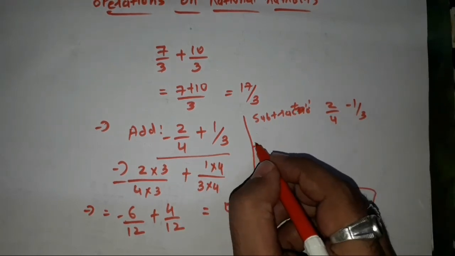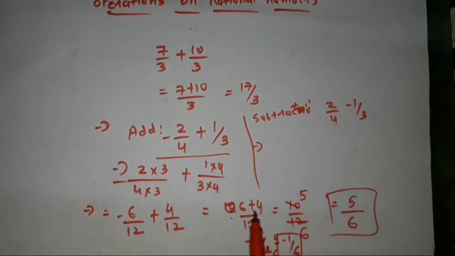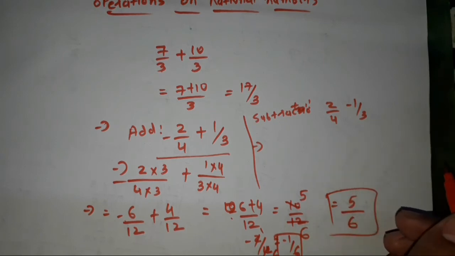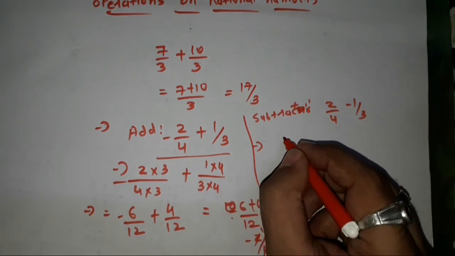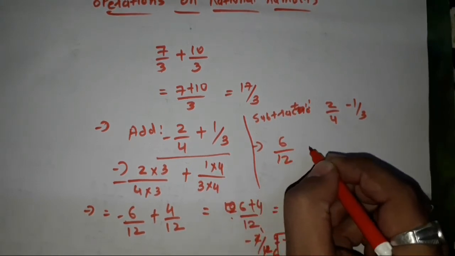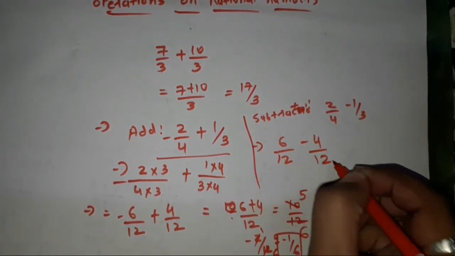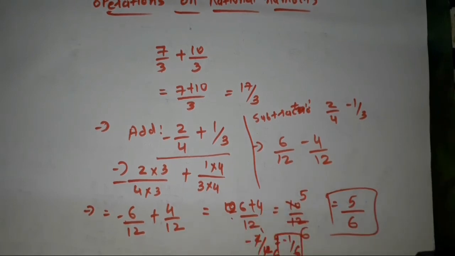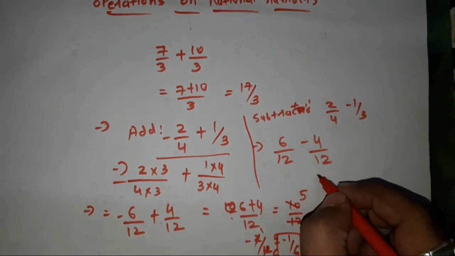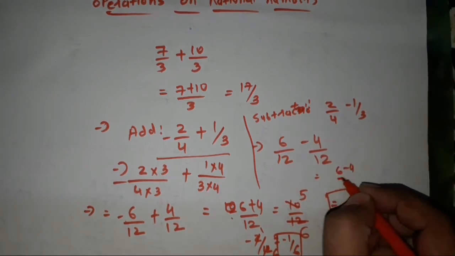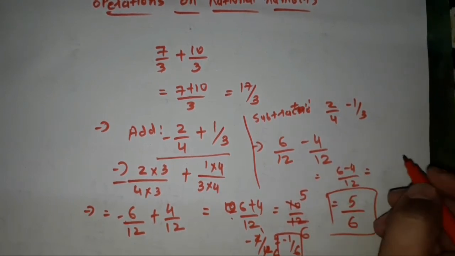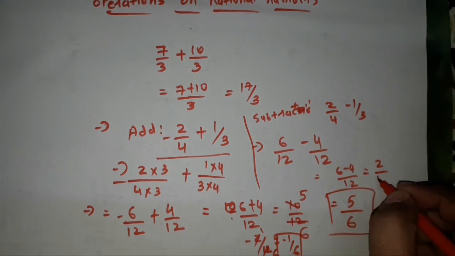So again the same method we will follow. Here, first we will take LCM. Here denominators are different, so for that, if I take LCM, I will get 6 upon 12 minus 4 upon 12. Here I already took the LCM, that's why I am not taking it again. So 6 minus 4 I will get. Here you can add this step, 6 minus 4 upon 12. So 6 minus 4 you will get 2 upon 12.